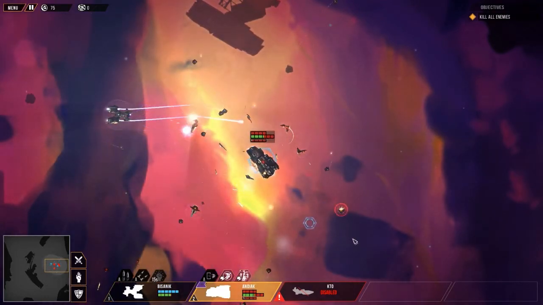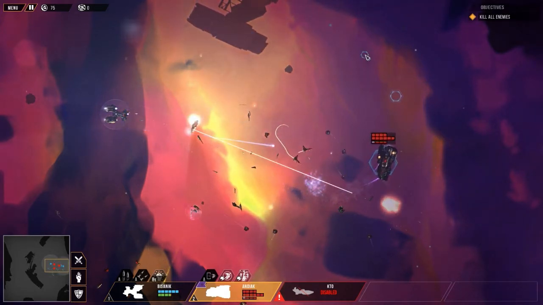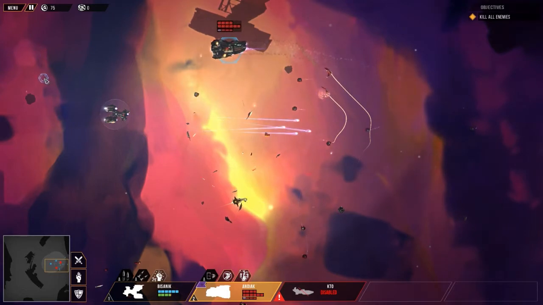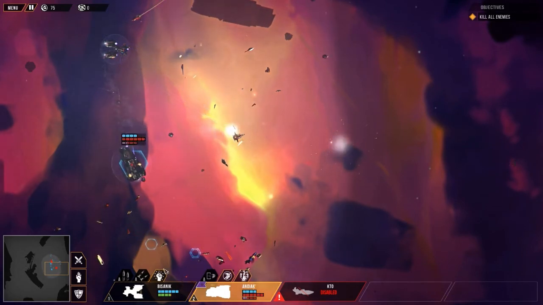And no shields. Man, that hurts. Jeebus, do you see those bullets? That's kind of ridiculous. Like, I get hit once more and the ship's gone. Yep. Oh, no. Alright. Do you see how much damage that was done on...